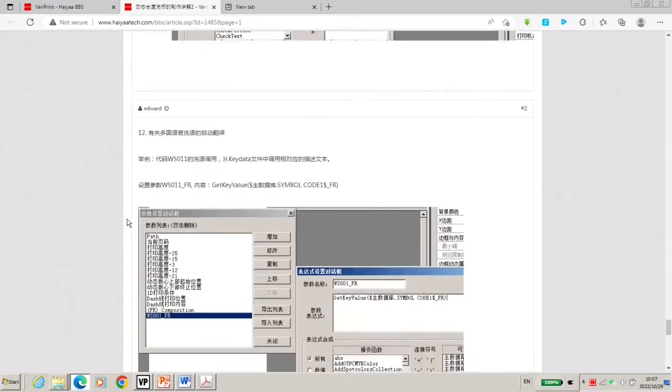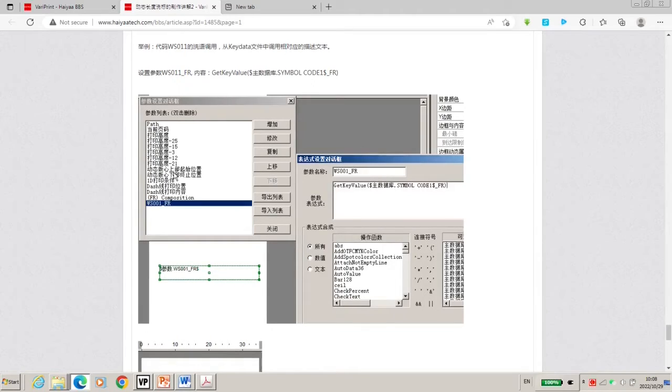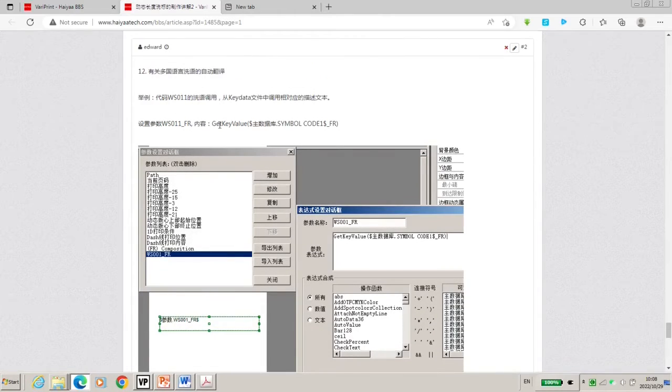And another is how to get the care instruction from the symbol code. So it's easy. We have a get key value, that get the value from key database. Here is using the symbol code 1, FR.